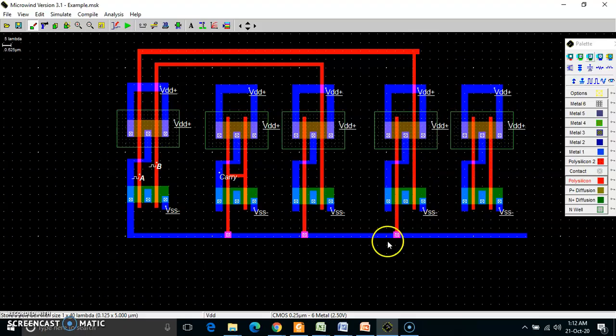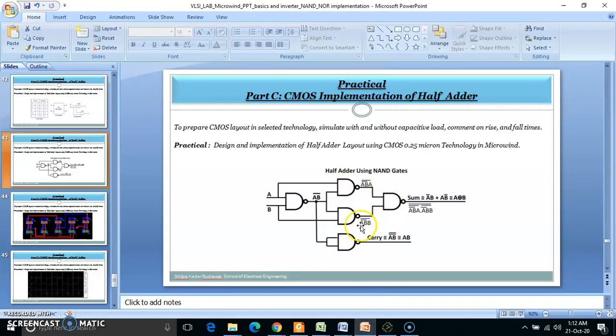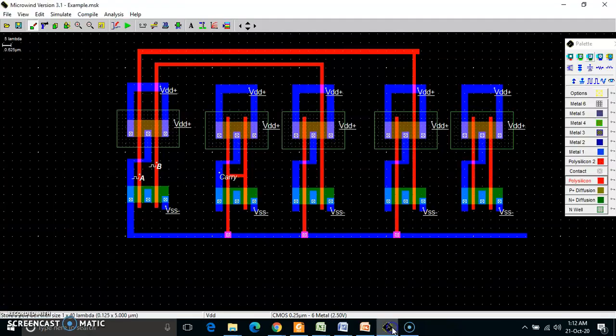So this is connected. Now the last thing that I want to connect, by using this particular diagram, is output of this connected to the input of this. How to take the output of this? So this metal, I need to take it out. It should not overlap somewhere in between, and that's why I'm taking it out and connecting to one of the inputs. Again over here I am taking this and connecting it to one of the inputs. Now here again I need to take the contact and place it over here, because this output is connected to one of the inputs and this output is connected to one of the inputs.